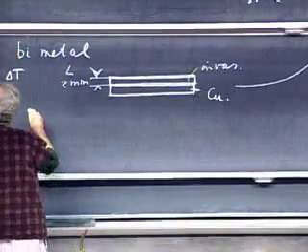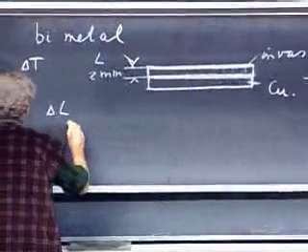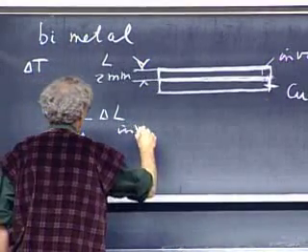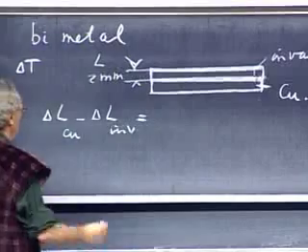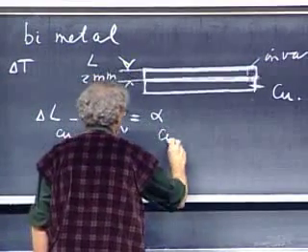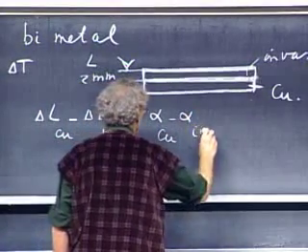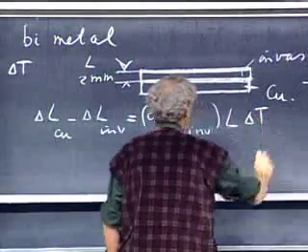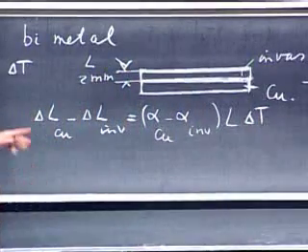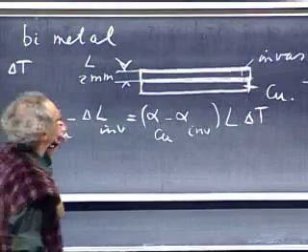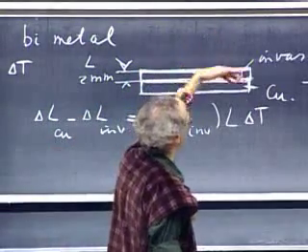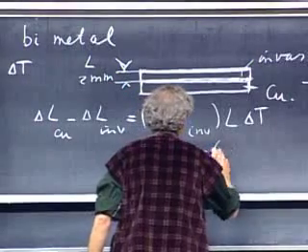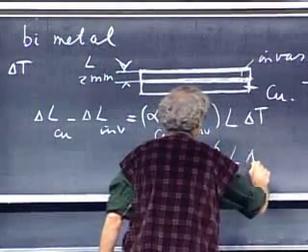So what I'm interested in is really the delta L of the copper minus the delta L of the invar. That's what I'm after. And that is the alpha of copper minus alpha of invar times L times delta T. So it is the difference that matters. So the difference is 17 minus 1, so that is 16 times 10 to the minus 6 times L times